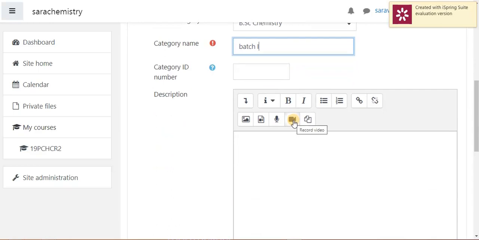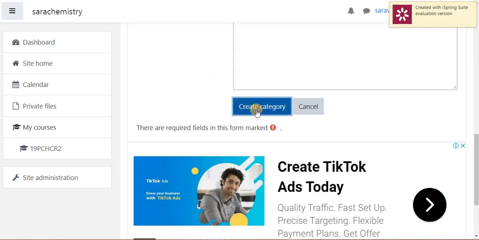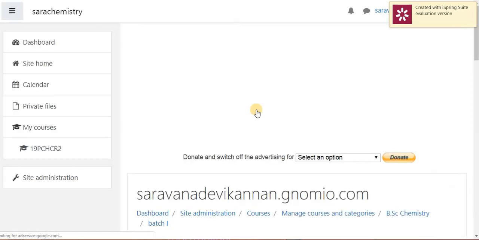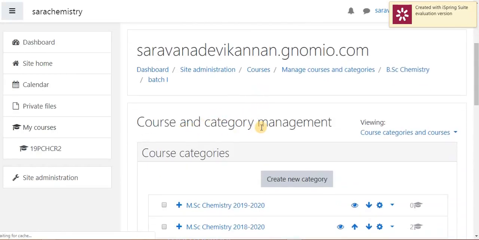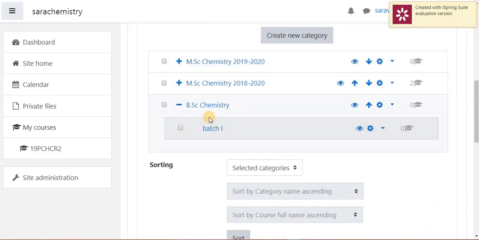If you want to create a subcategory, before that, please be sure from where you have to create. Click on the drop down menu near that category. Now give create category. It shows in the course and category management page. Under the main category BSc Chemistry, batch 1 will appear as a subcategory.